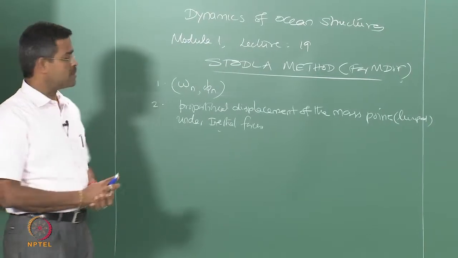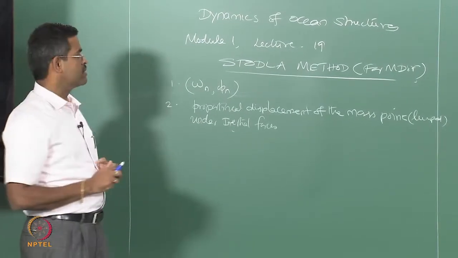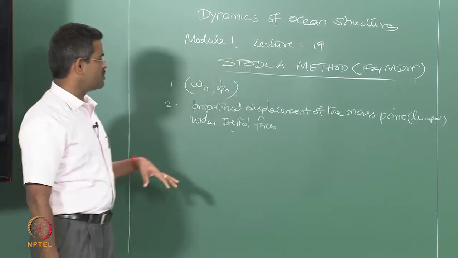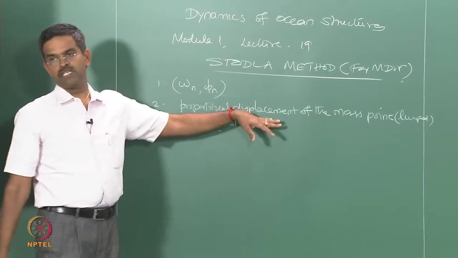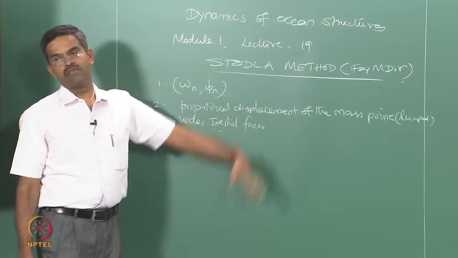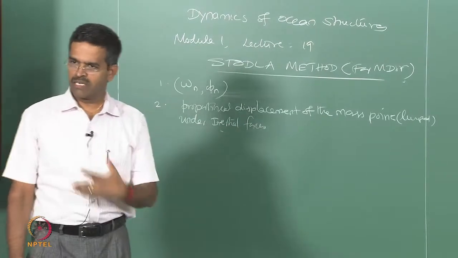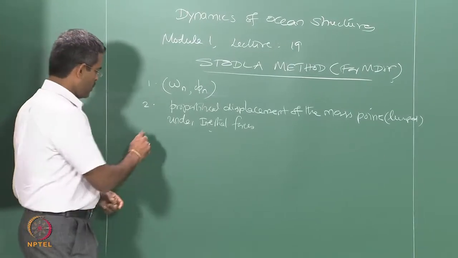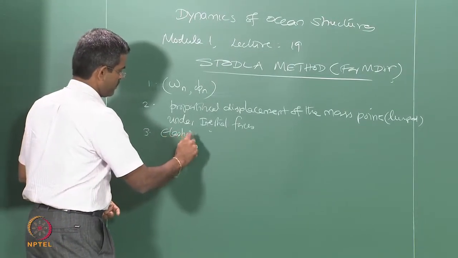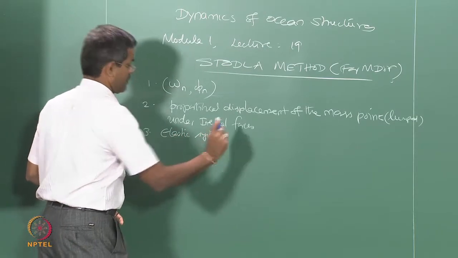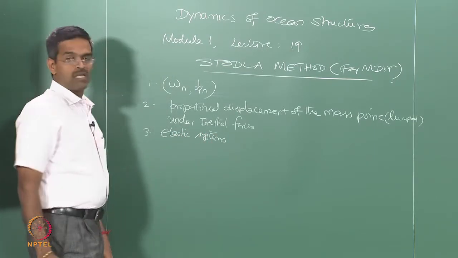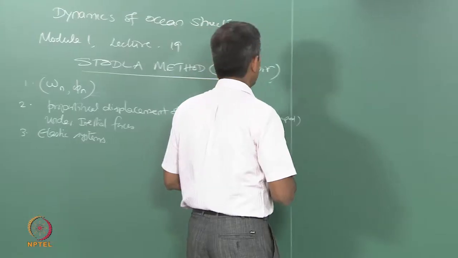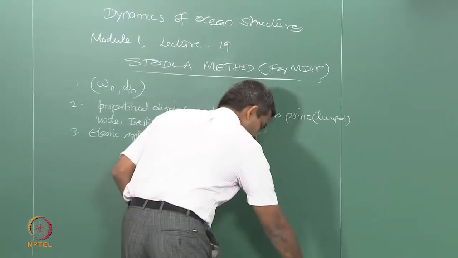So, again you will see this method has a very good correlation with the influence coefficient method. Even in the influence coefficient method you actually assume the displacement vector and try to iterate the vector for its convergence. This method also does exactly the same thing, but slightly in a different manner. We will see how it can be done. This can be applicable to elastic systems, where the displacement offered by the system is not very large. Okay. So, let us take up a problem and demonstrate this method step by step.